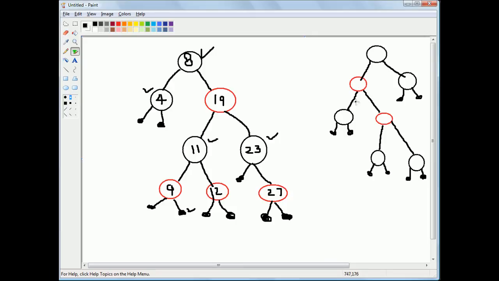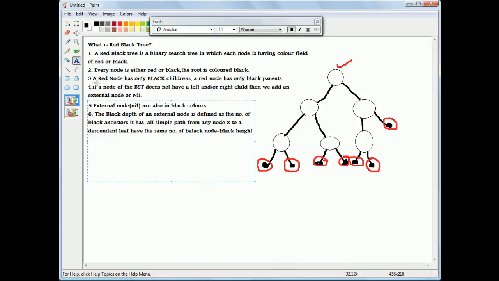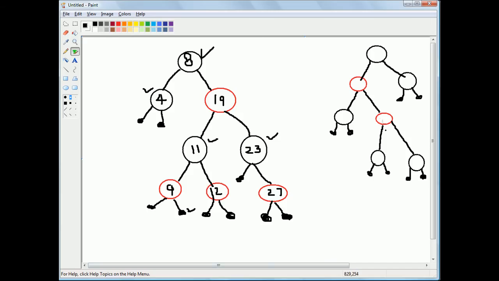That no red node has any red child, right? A red node has only black children, but here in this case a red node has a red child. So this is my culprit, due to which this